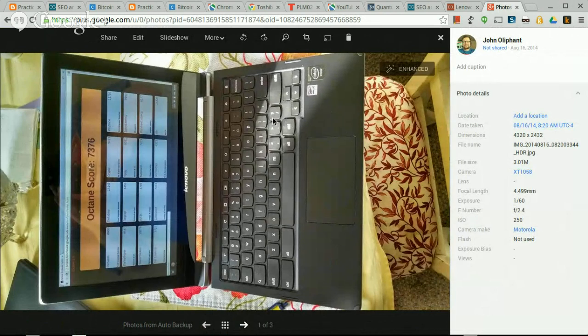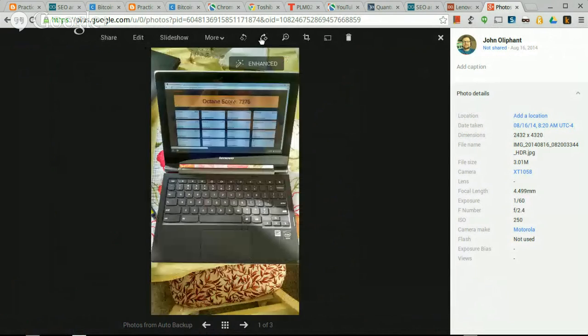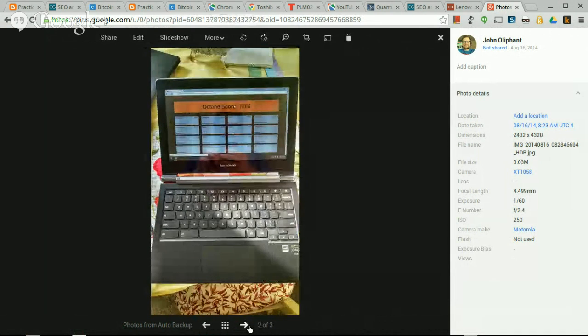Here they are. So here we go. 7376 was the Octane score, and again, this was in guest mode, just rebooted, good to go. I'll put that on the screen, although it's sideways. Let me rotate it so you can see that it was 7376, and then over here we have